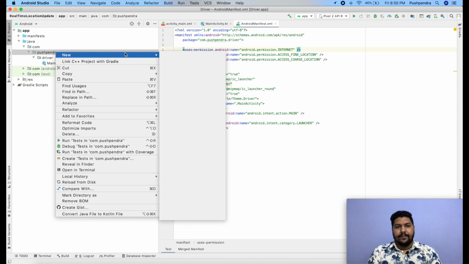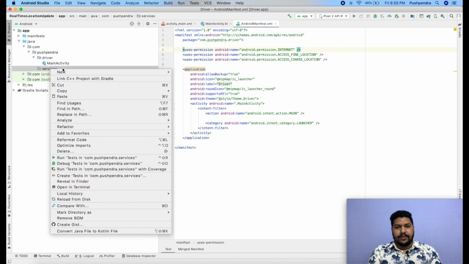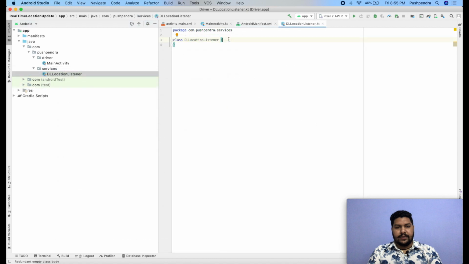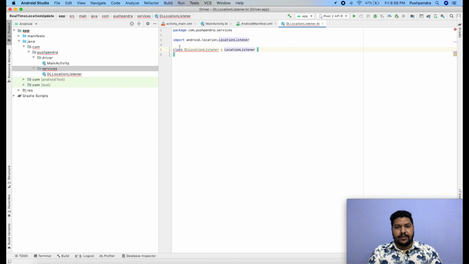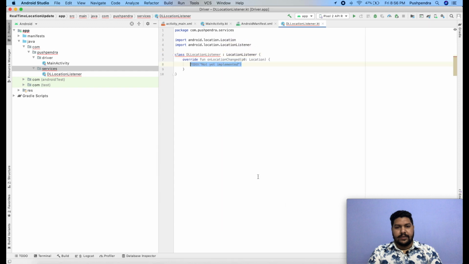So I'll create one package, services. Here I will create the location listener, driver location, here it is. Now what I have to extend, first extends location listener, and then I have to implement its method onLocationChanged. It will return us the location.